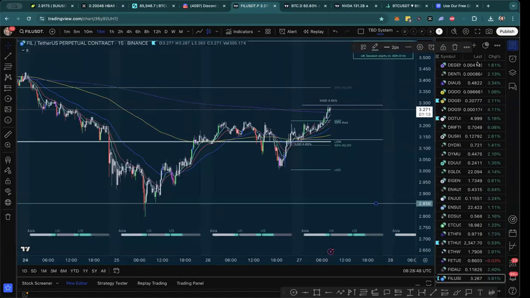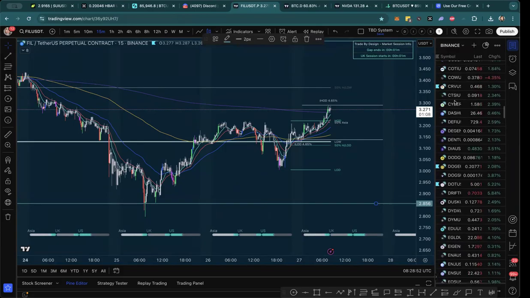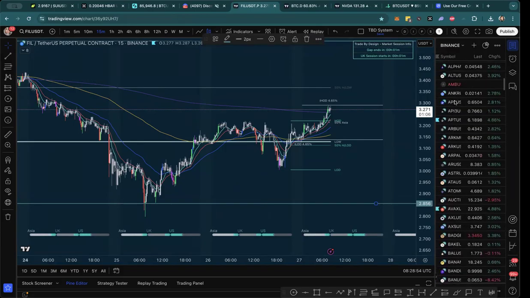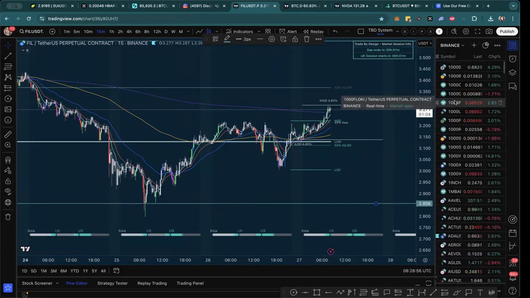So I have this watch list here, the Binance watch list, and it just has in it every coin that's on Binance. And I'm not sure how updated it is, but basically that's what it is. Now, I don't trade on Binance, but Binance has a good amount of coins. So I just have their watch list.